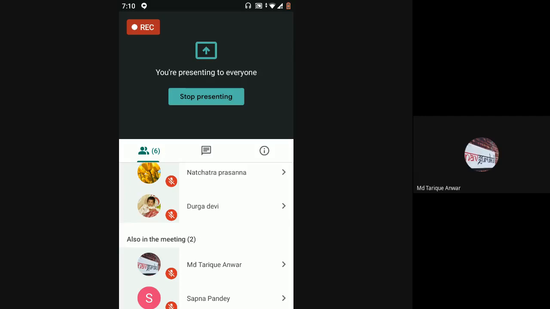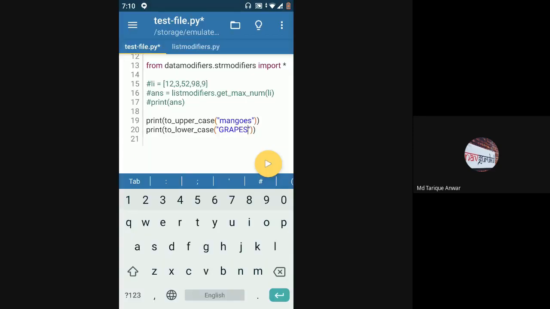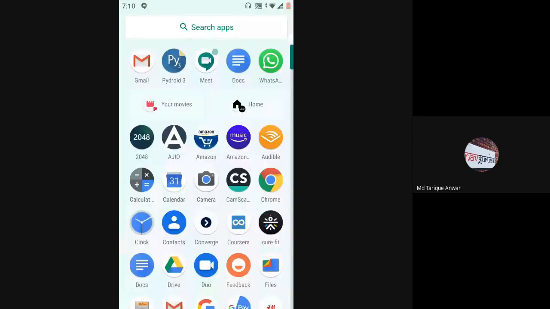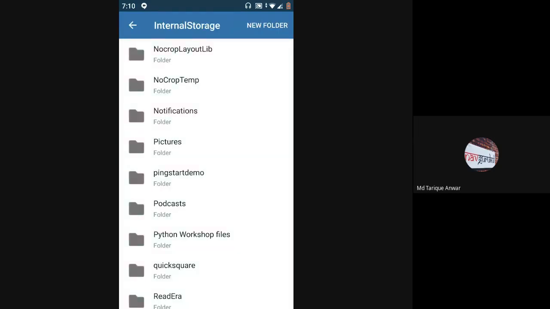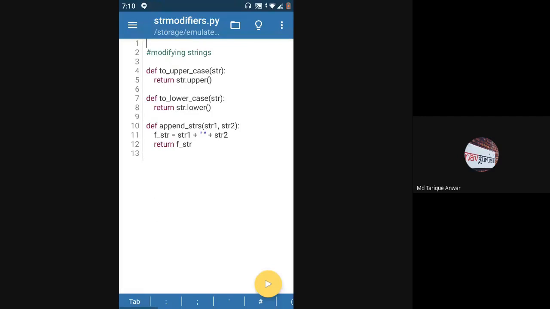So this is what I wanted to show you, and there's one more thing. So I'll just erase this all and come back again. Messy. So whenever we have any Python file, if I open this file, say I'm opening one of the modules that we created. In data modifiers, let me just open string modifiers. Okay, so I'm opening one of these files.